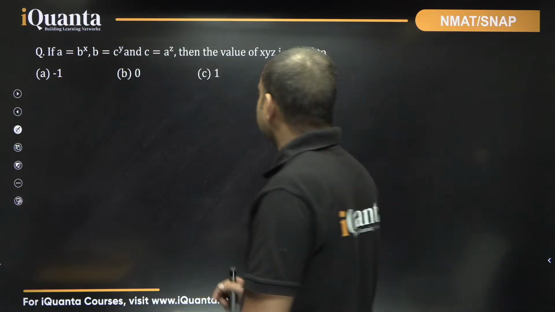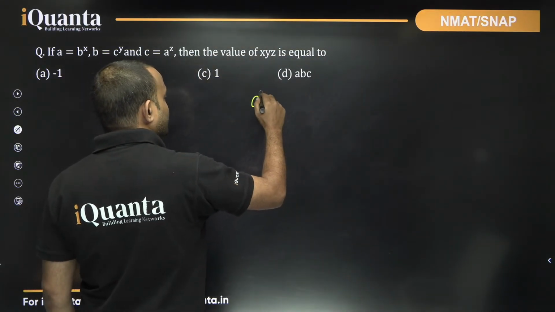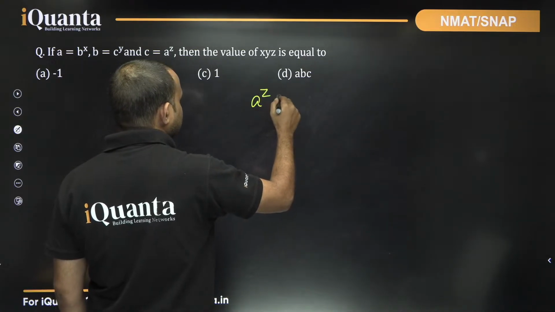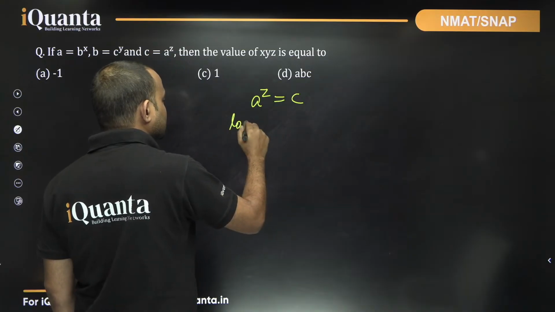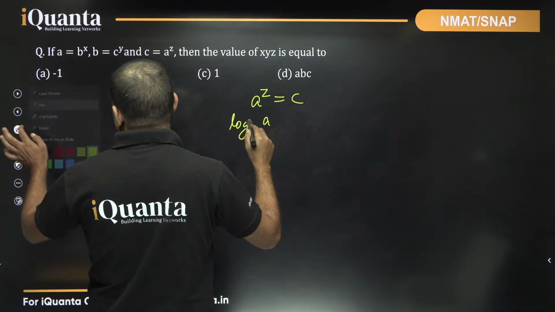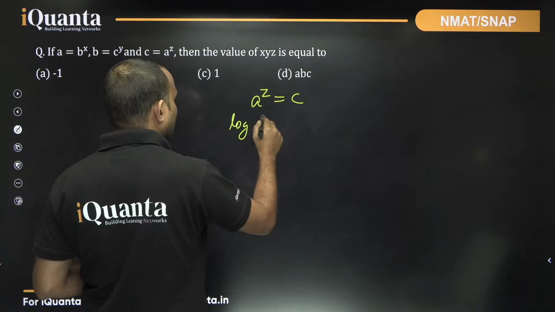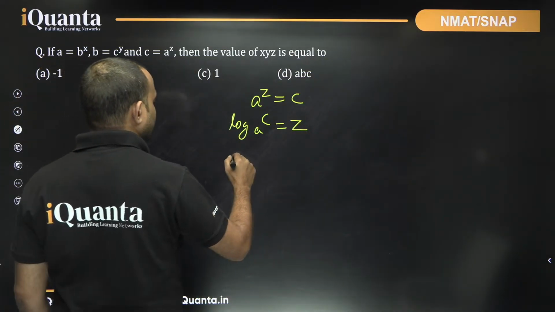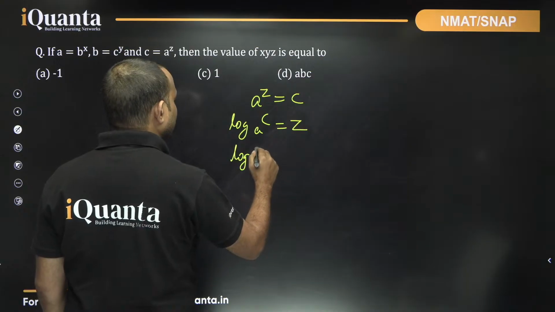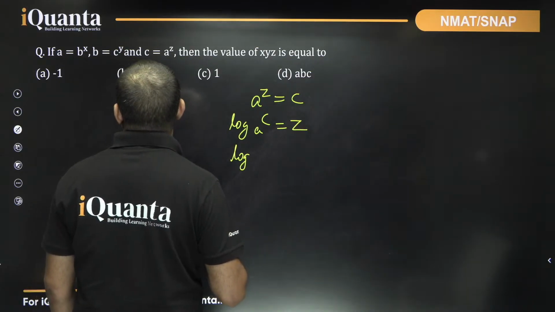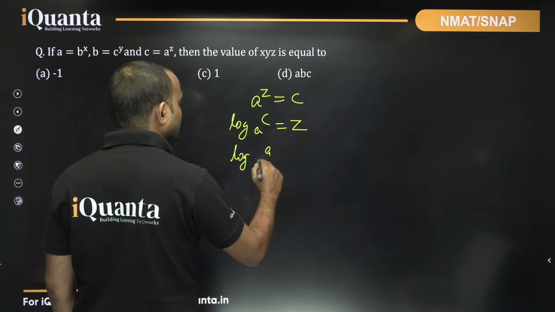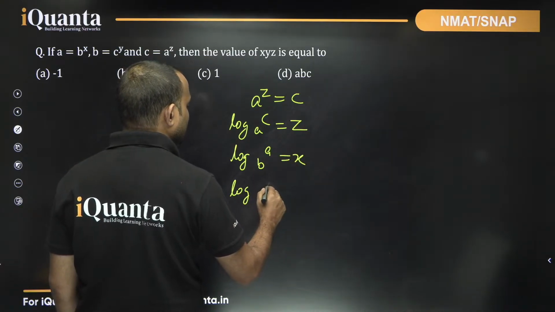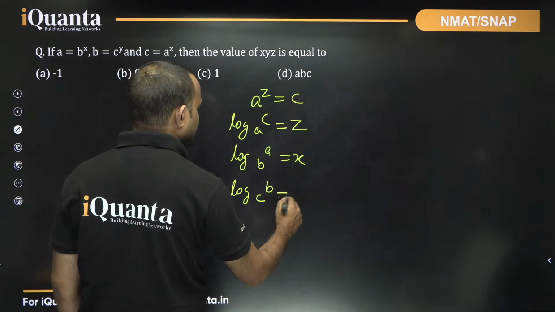So what we can say, we know that A to the power Z is equal to C. Then log C to the base A will be equal to Z. Similarly, here log A to the base B is equal to X,